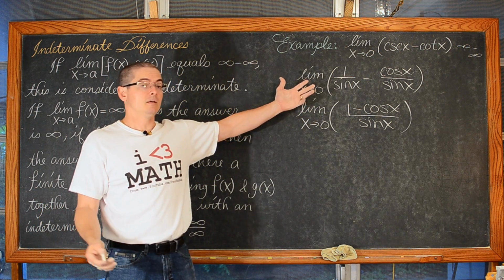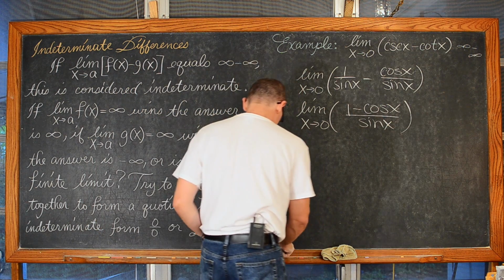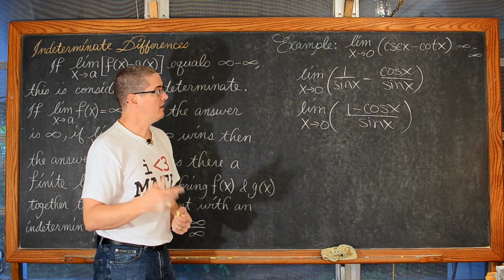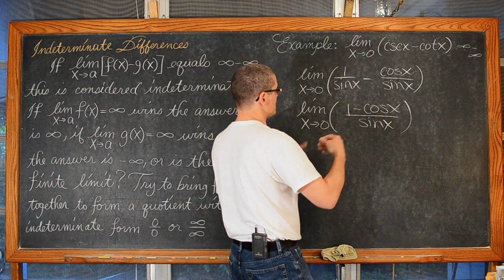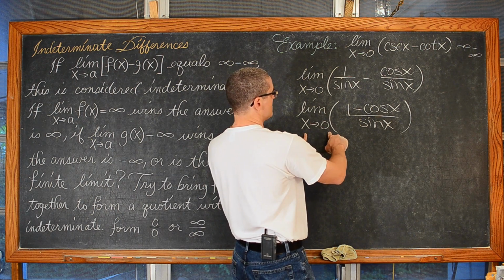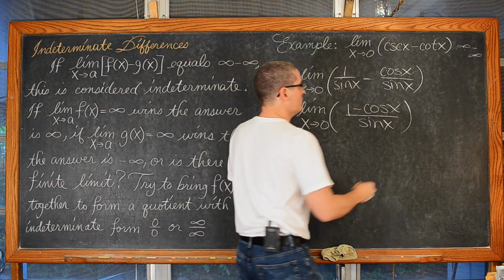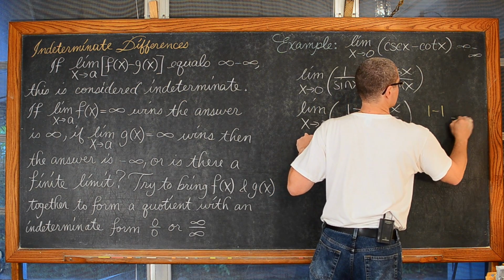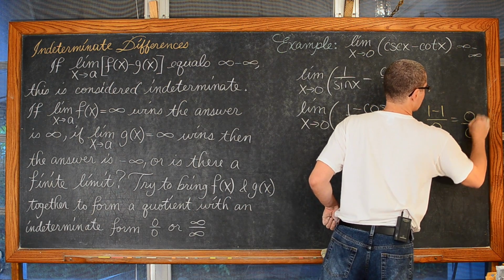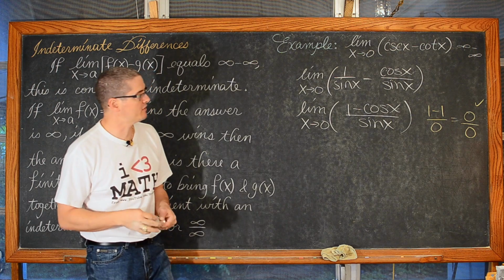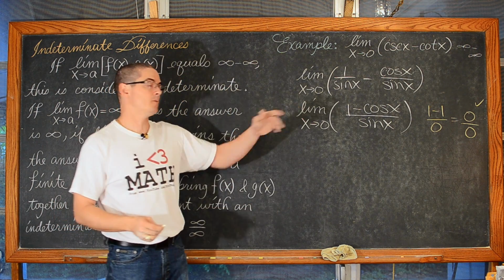Maybe we can get the answer now, because earlier in the video I did a problem like this and I applied L'Hopital's rule immediately, and I did that when I shouldn't have, because we could find the answer, and L'Hopital's rule gave me the wrong answer. So as we let x approach 0, we have 1 minus the cosine of 0, which is 1, so we get 1 minus 1, which is 0, and the sine of 0 is 0. Okay, there we go. We have the indeterminate form of 0 over 0, so we can apply L'Hopital's rule.